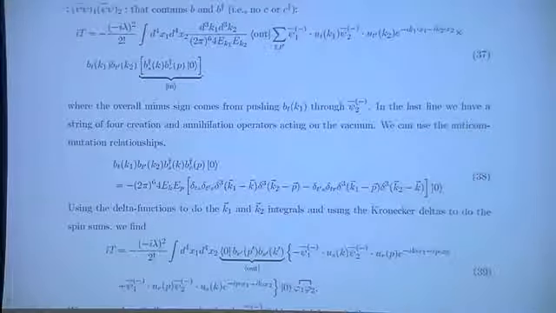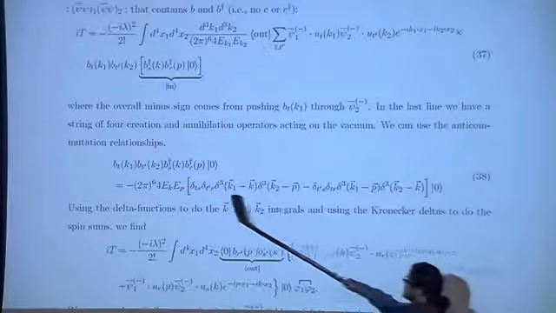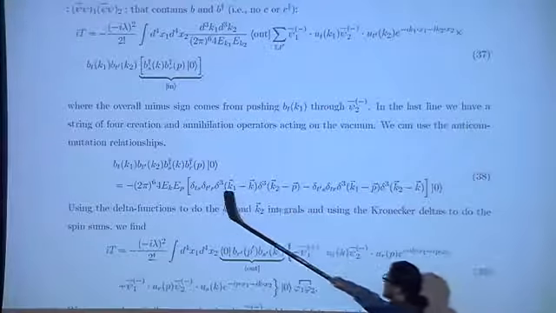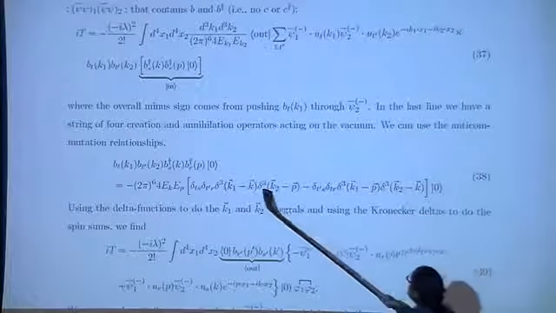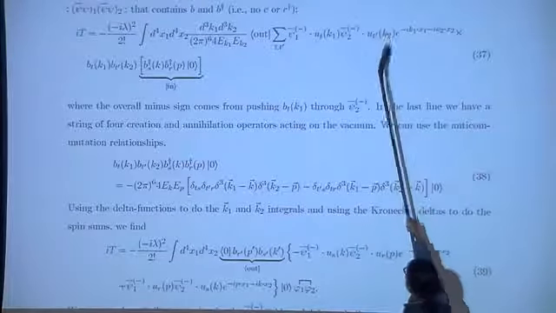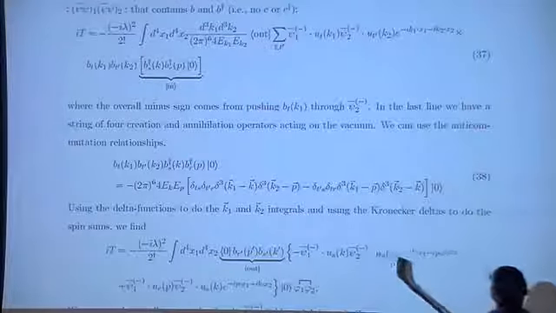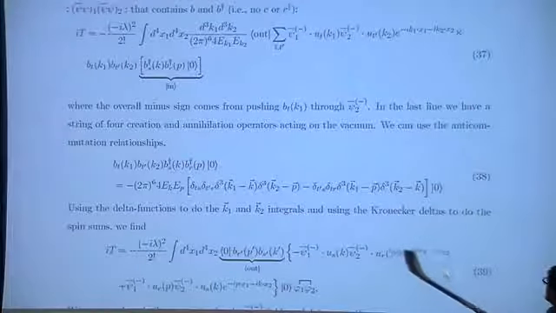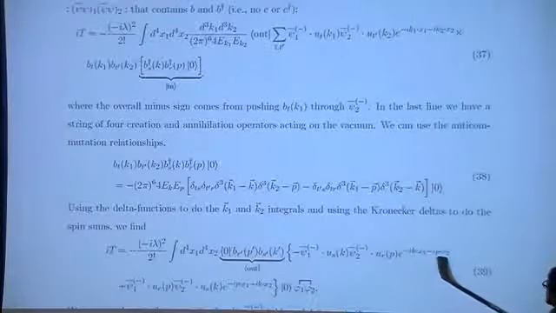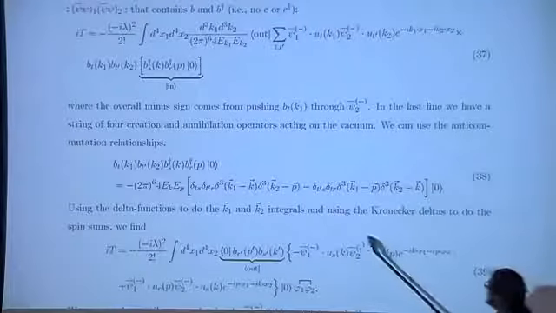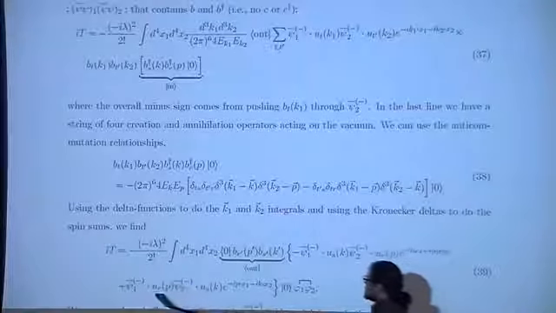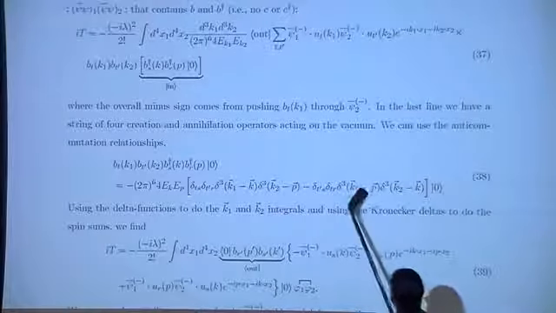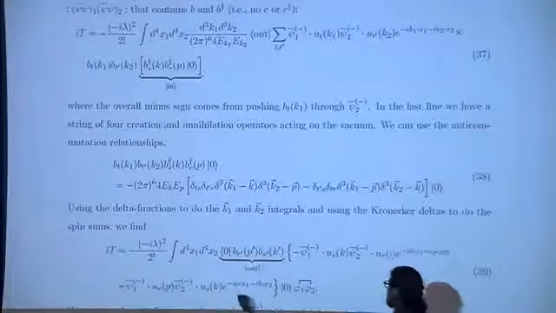And in the first term, see the delta function? K1 is set to K. So there was K1 here, that's set to K. K2 is set to P. There was K2 here, and that's set to P. Similarly, in the exponentials, K1 has been set to K, P1 has been set to P. And in the second term, K1 has been set to P, and K2 to K.